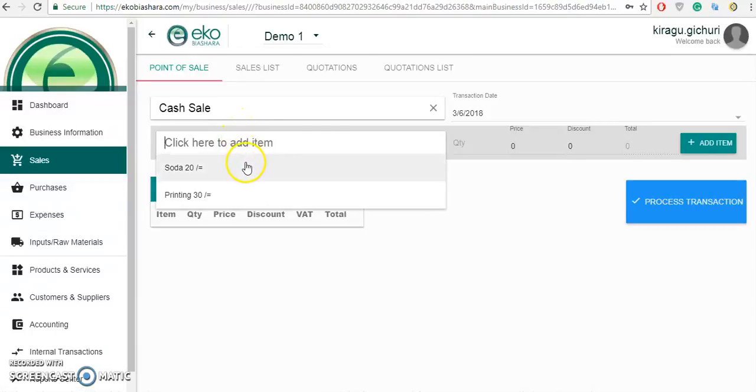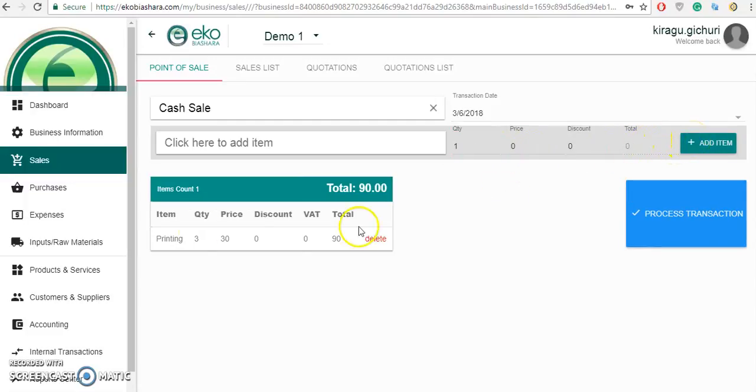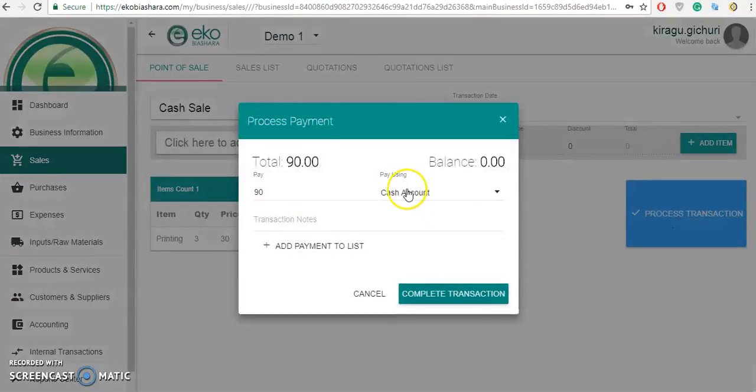Click on the item to add. We're selling printing. We're selling 3 copies of printing. Click add item to the summary. Click process transaction. At the pay using category, since it's a cash sale, by default, the cash sale account is